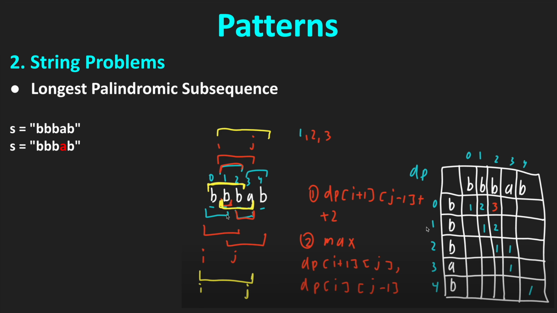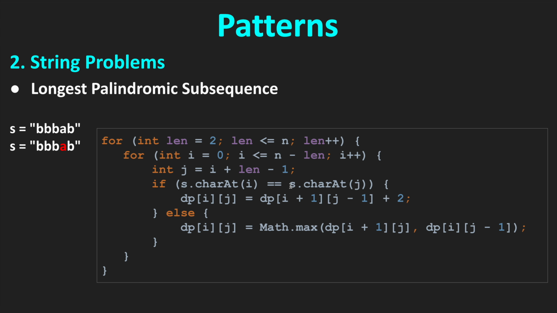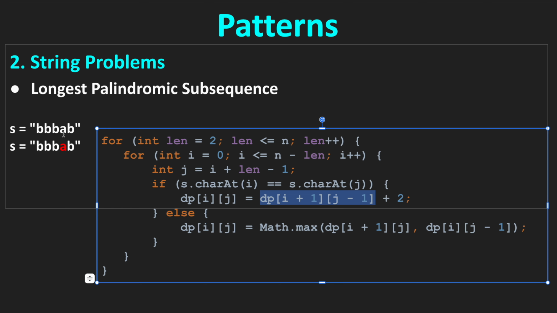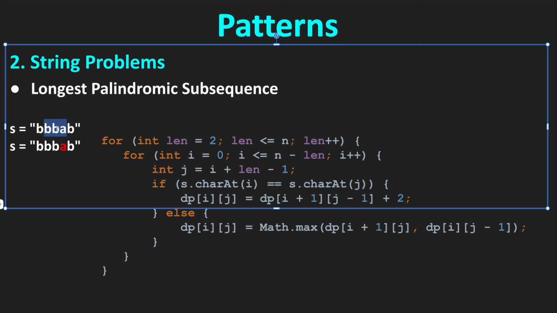So again, what we are doing, we are creating a 2-dimensional array here, and the x-axis and the y-axis are represented by our string, and at each step we are checking. If our edge letters are equal, then we are taking these 2 letters and whatever the subproblem that we have already solved in between, right? In between there could be, let's say we have only 3, but let's say we have 100